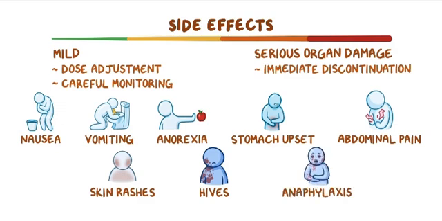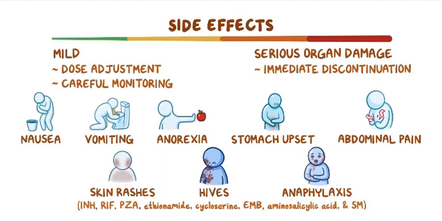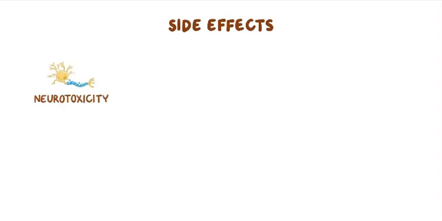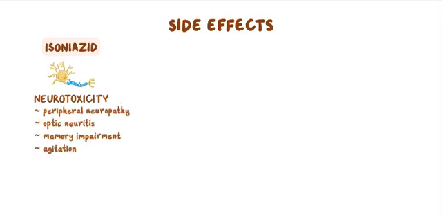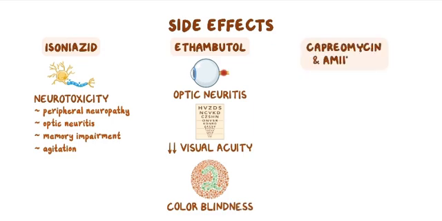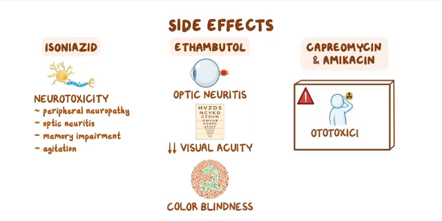This can occur with any of the antimycobacterial medications, but it is more commonly seen in isoniazid, rifampicin, pyrazinamide, ethionamide, cycloserine, ethambutol, aminosalicylic acid, and streptomycin. Some of these medications can also cause neurotoxicity, most often associated with isoniazid, which is associated with peripheral neuropathy, optic neuritis, memory impairment, and agitation, ethambutol, which can cause optic neuritis, decreased visual acuity, or color blindness, capreomycin and amikacin, which have a boxed warning for ototoxicity,